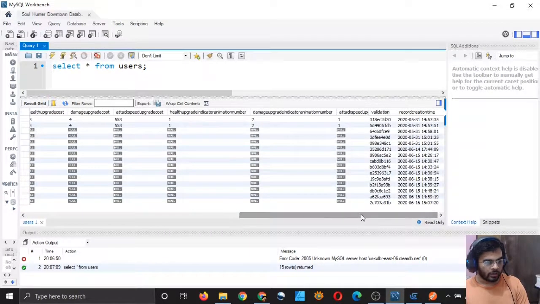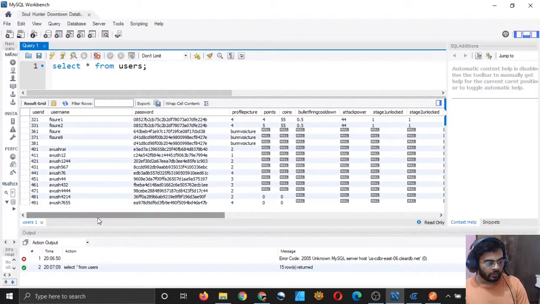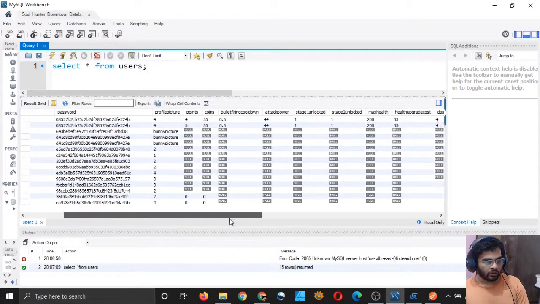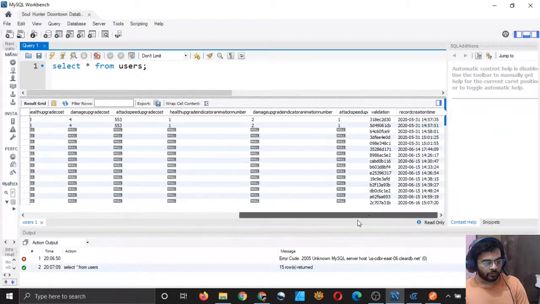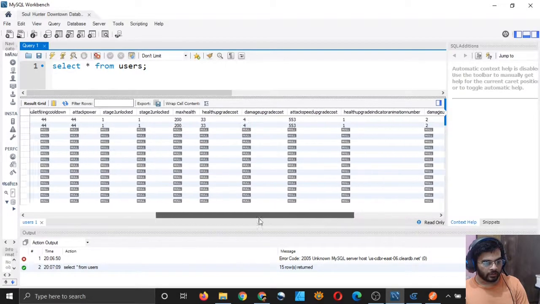And you can also see that the rows which we created from inside GDevelop, from inside our game, do not have all these values: bullet firing cooldown, attack power, and so they are all null, and this should not be the case.